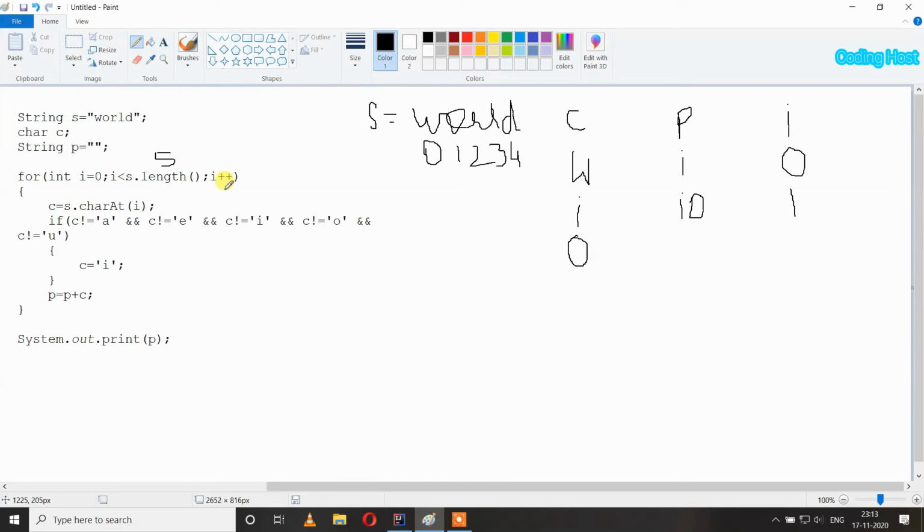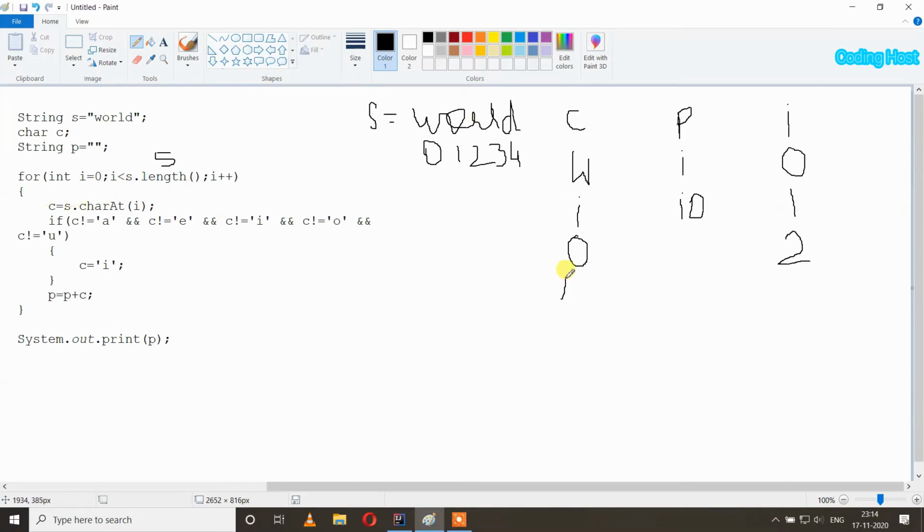After that i plus plus, so now i will become 2, and then we again check here that i is less than s dot length, so 2 is less than 5, so our condition is true and we again get inside our loop. So now c equal to s dot charAt(i), so at index 2 we have character r and we will insert it in the c variable.